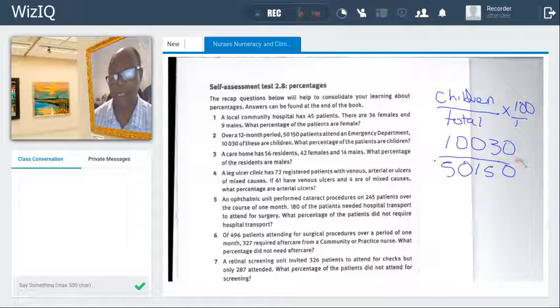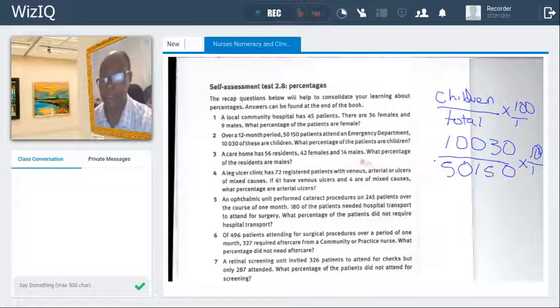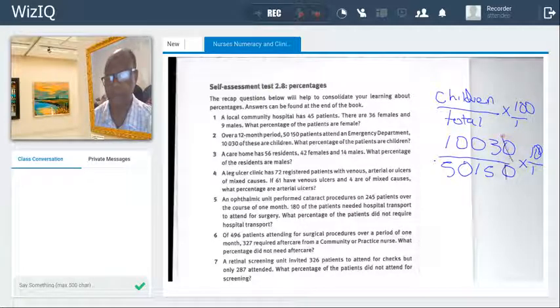Okay, and then I multiply this by 100 divided by 1. I moved a lot right there. So I can cancel these zeros, this 0 and this 0. So what I'm remaining with is